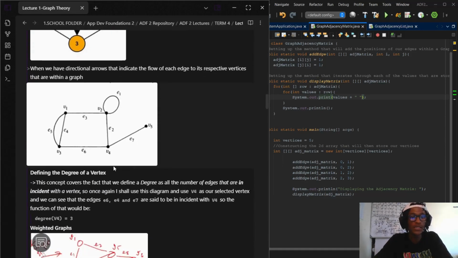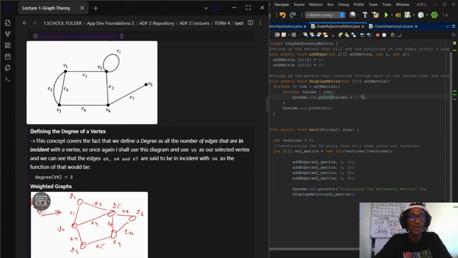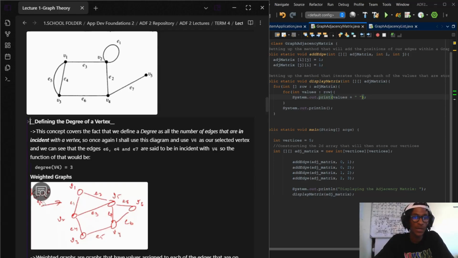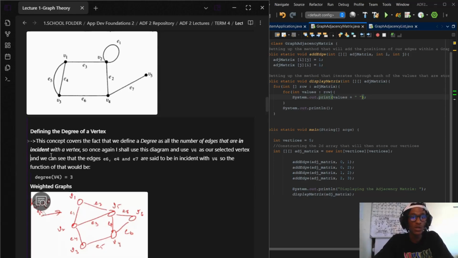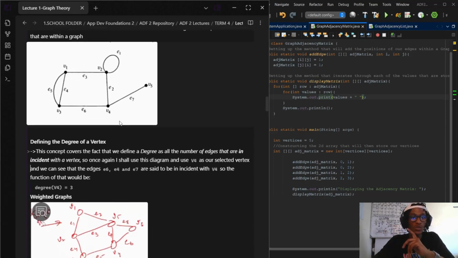And then defining the degree of a vertex. This one is not more advanced, it's just a little bit more critical in understanding how to define the degree. This concept covers the fact that we define a degree as the number of edges that are incident with the vertex. Once again, I shall use the diagram above to display how degrees are formed